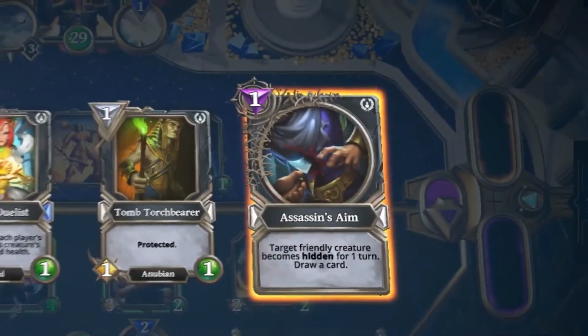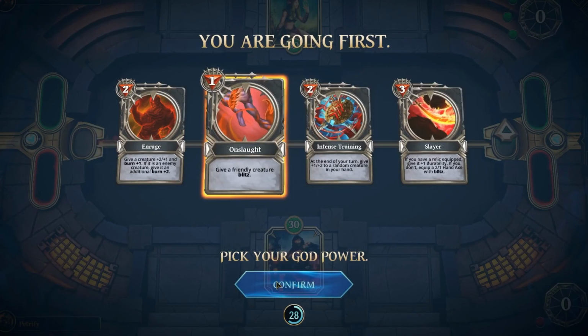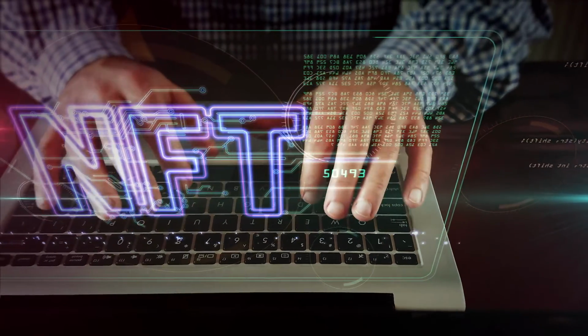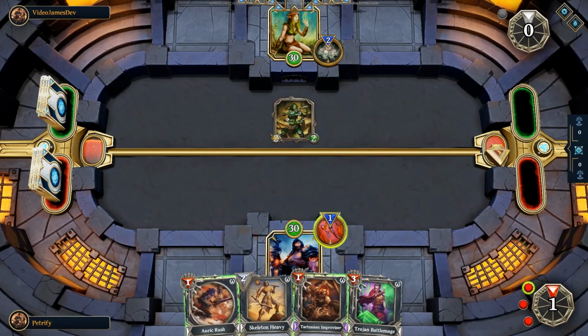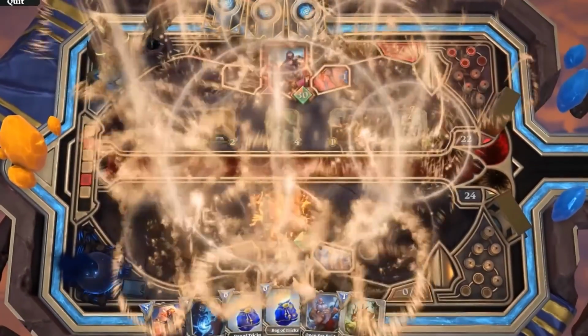So, God of War, sorry, Gods Unchained in question may get a boost in its quest to increase its part of the NFT gaming market, thanks to a statement made this week. In its newest venture into crypto and digital tokens, GameStop has partnered with Immutable X, a blockchain utilized by Gods Unchained and other NFT-based games. According to CNBC, this is seen as part of the faltering firm's strategy to revamp its operations and get back